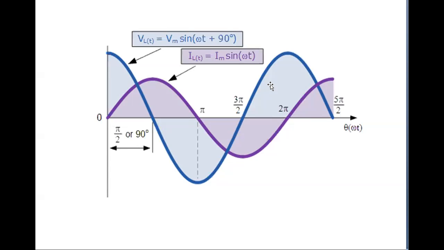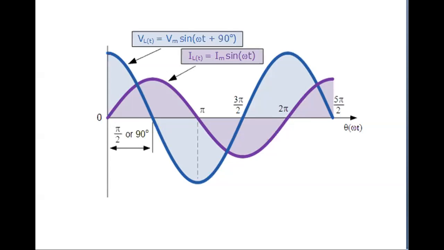So this is the voltage waveform of the inductor. Here the phase difference between IL of t and VL of t is 90 degrees. If you are to draw the phasor diagram, how do you draw it? You have to represent the phase angle between IL and VL as 90 degrees, and VL is the maximum quantity here, so you have to draw the VL length bigger than the IL length. So VL is greater than IL, and VL leads IL by 90 degrees for the inductor.